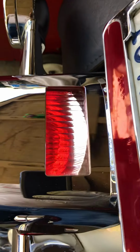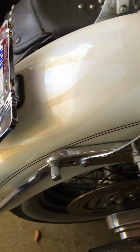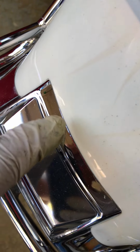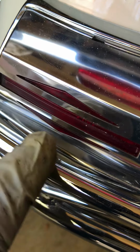But then you come along, little TLC, man, you get that mirror finish. These are truly works in progress, man. You just start going. You get bored, you get tired of one area, and then you move on to the next, because you got to take a lot of things off to get the lines all good, get the seams clean, like down in here. Getting all these seams clean, toothbrushing out the logos, getting in all these nooks and crannies, down to the little